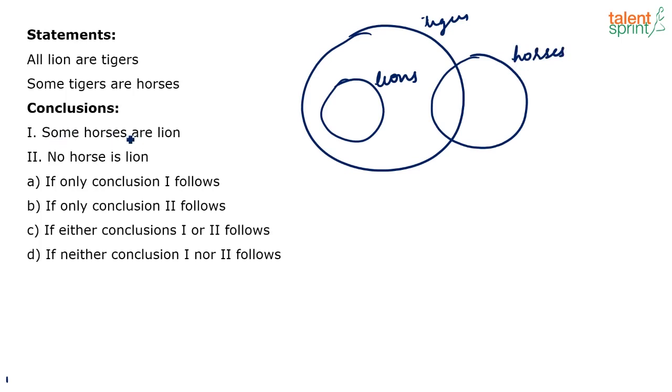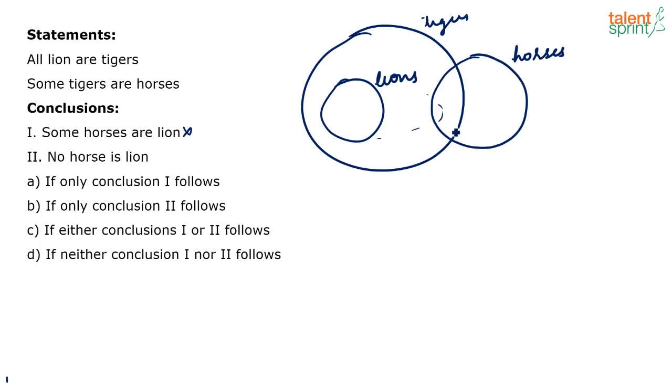Now first conclusion, some horses are lions. Always remember when you draw the basic diagram you should draw it with minimal overlapping. Now in the basic diagram this is not true, correct? This lion can be like this also, it can be like this also, but if you consider minimal overlapping between the sets, this is the way in which you draw. So that's why we take lion here and horses here. In the basic diagram you can see that some horses are lions is not true. Basically it's a possibility. It can be true or cannot be true, so it's not a definite conclusion. This does not follow.